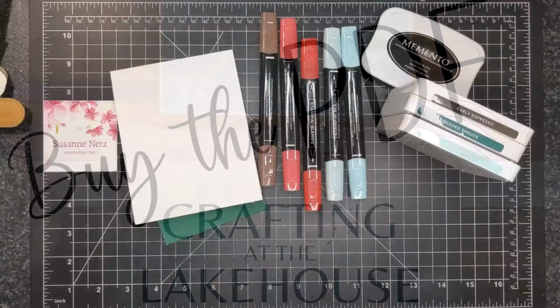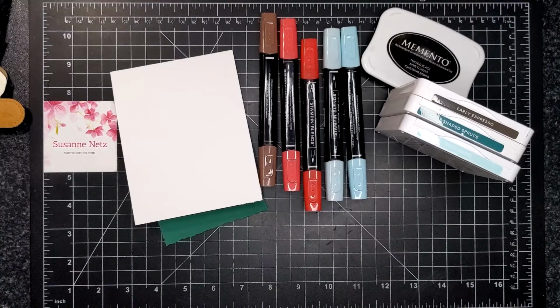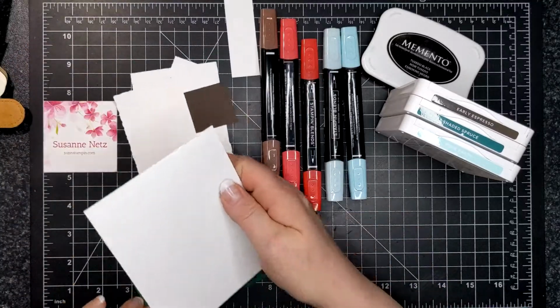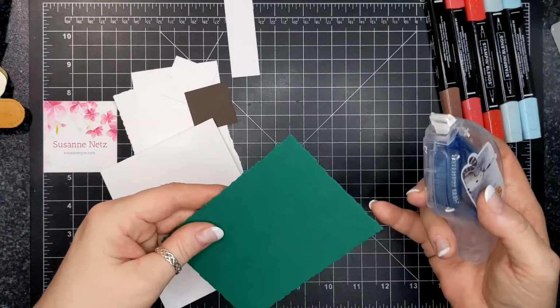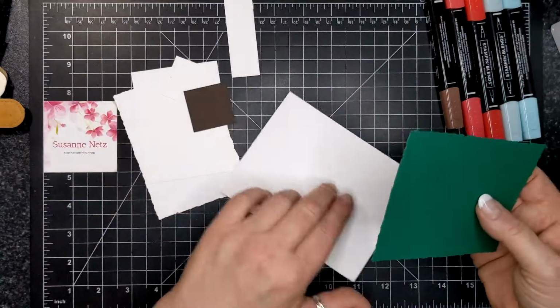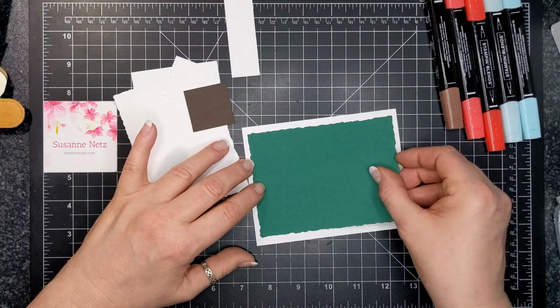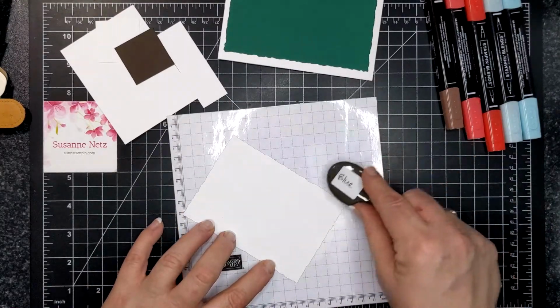Hi friends, here we are with card number 6 of the Lake House series. The stamp set and die that we are featuring in this card is the Christmas Barn Bundle. I've got Early Espresso, Shaded Spruce, Pool Party, and Memento Tuxedo Black ink, and I have a deckled Shaded Spruce here. I'm going to attach that to my card base, which is basic white. And then I'm going to start to blend on some Pool Party on the edge of this